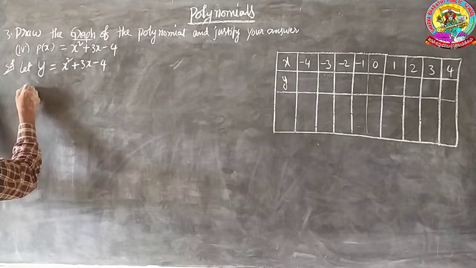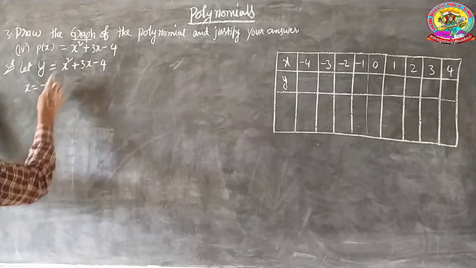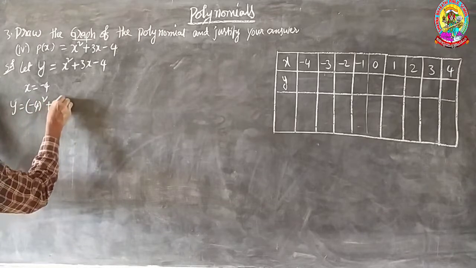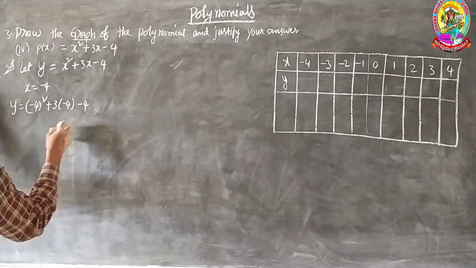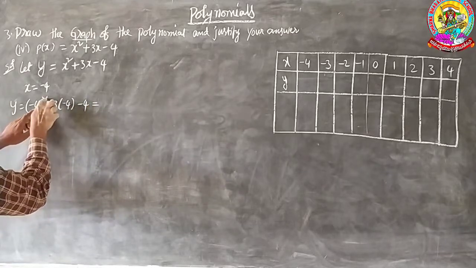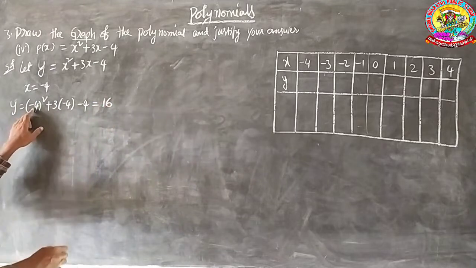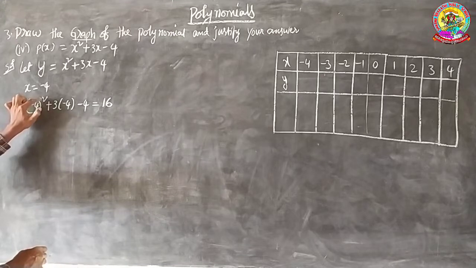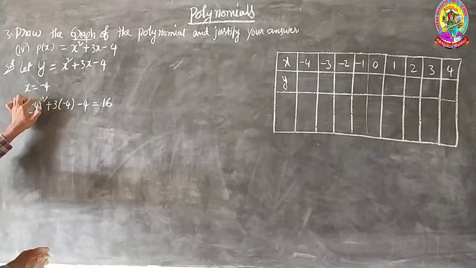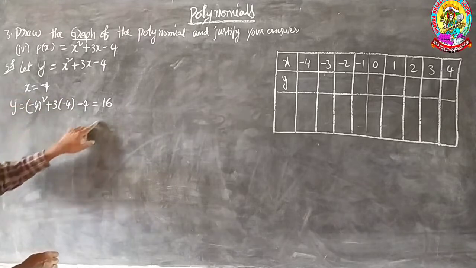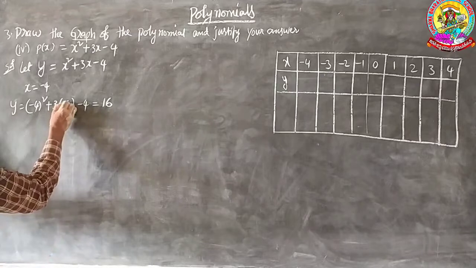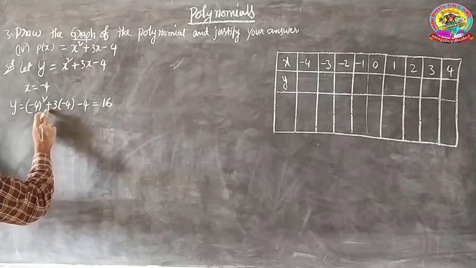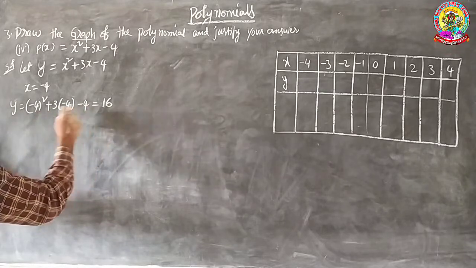So first of all, x is equal to minus 4. What will happen? Y is equal to minus 4 whole square plus 3 of minus 4 minus 4. Minus 4 whole square means 16. Lot of members make mistakes here, because even though it is minus, it is in square or power 4 or power 6, like this means that it gets the positive value. Next one, some members make mistakes at sign multiplication. If you do sign multiplication wrong, the entire answer will also be wrong.